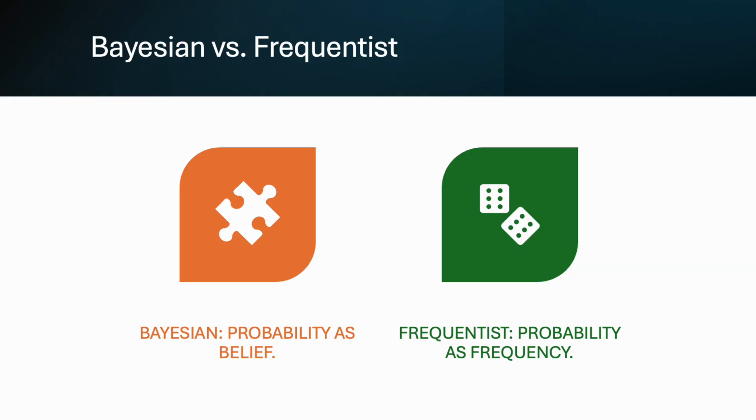Bayesian versus frequentist. Let's look into this in a little bit more depth. Let's dive into a real life example of route optimization. Bayesian and frequentist statistics offer distinct approaches to solving real world problems like route optimization in logistics and transportation. The frequentist approach relies on fixed long-term probabilities based solely on observed data without incorporating prior knowledge.